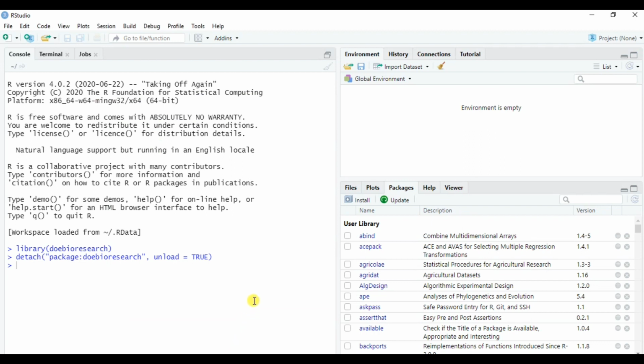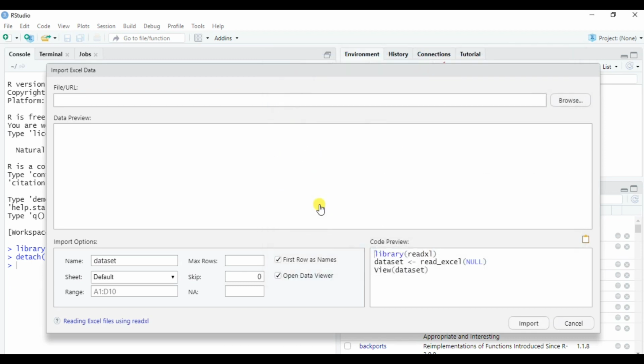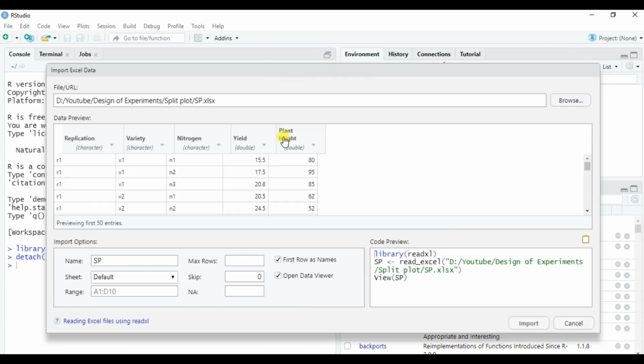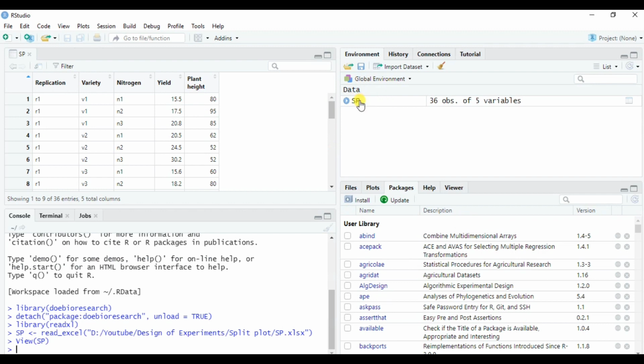Okay, now let's switch to RStudio. The first step would be to import that Excel into RStudio. So just click here on the data set, select from Excel, then click on browse. Now just click on import. Make sure this checkbox is clicked, otherwise the names will also be taken as data. We don't want them. Our first row is of names. Now click on import. In the global environment you can see the data got loaded. Here we can see the data.